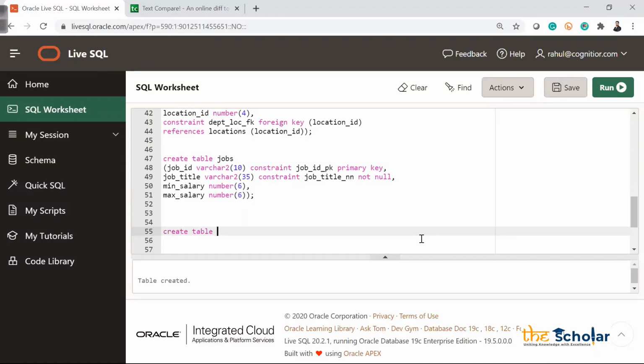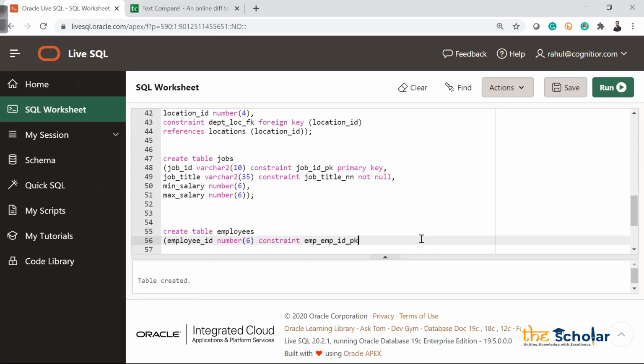Create table employees. Now here I will have employee_id number, let's say 6, comma, I want to add the constraint, so no comma, constraint emp_id_pk primary key. Then we have first name